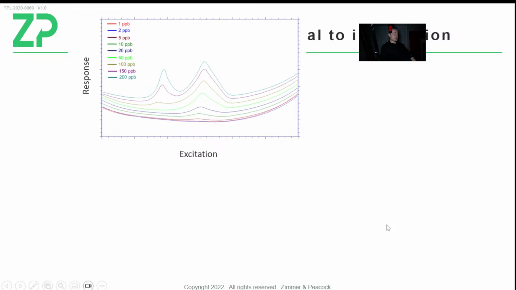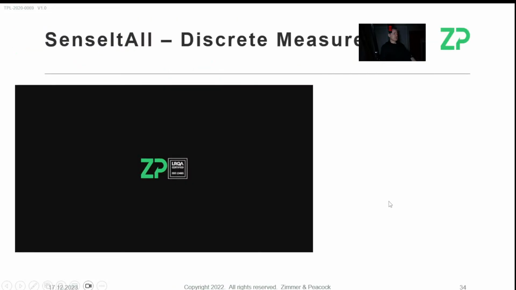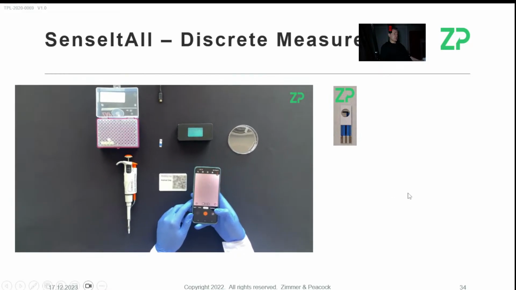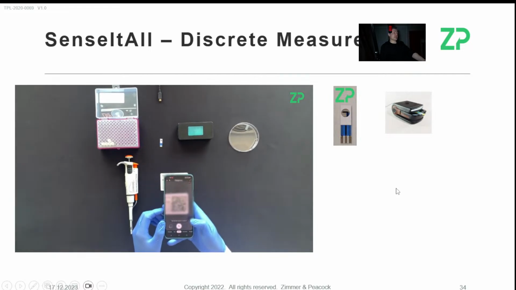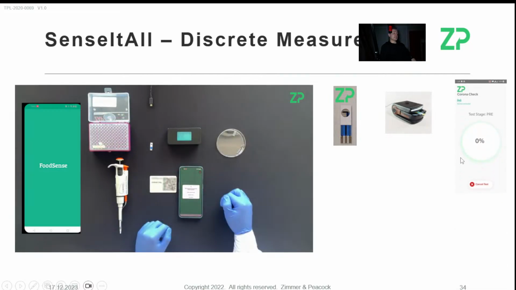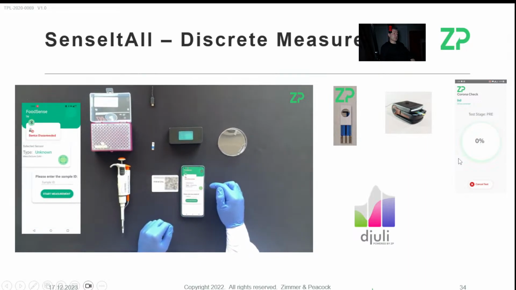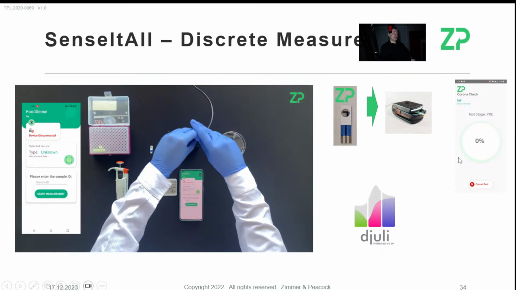Just a side note, not to these guys, but to people in general: we've also done a lot of work with lead. Lead is also a heavy metal. What we can do with the Sensi Ore platform is, if people want to really develop a technology for end users, things like the hyper-value electrodes, the Sensi Ore platform. We have a Sensi Ore app that you will see as part of this webinar today. We also have a system called Julie. The app will tell the hardware what to do.